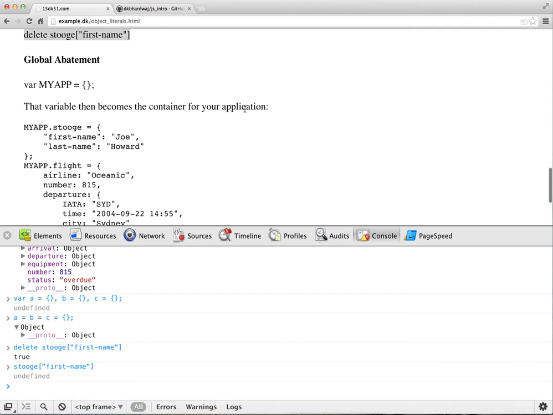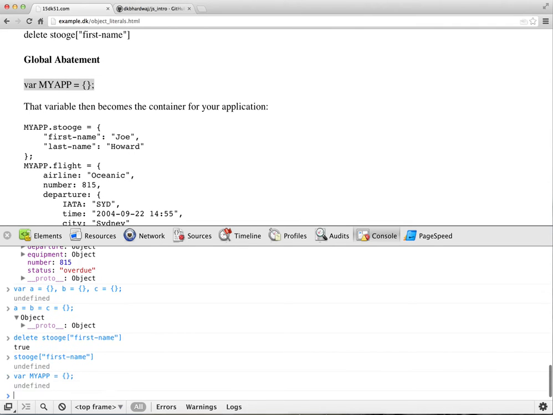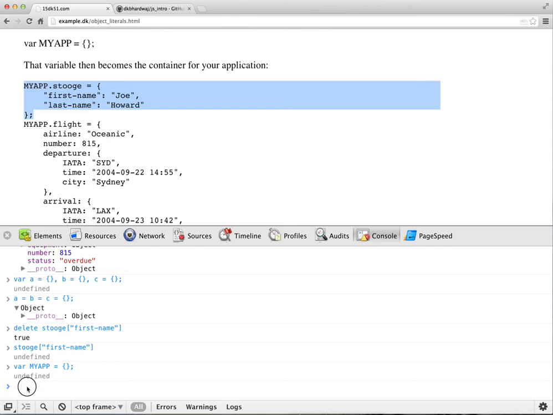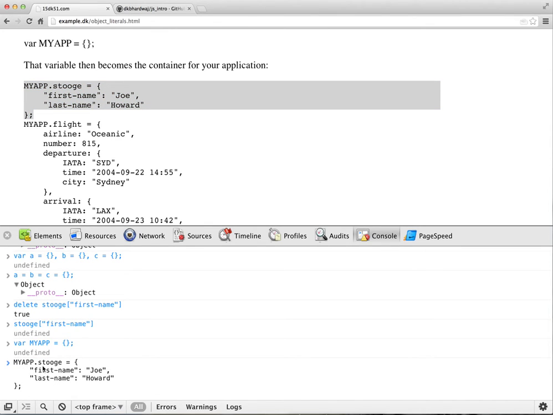So this is very important, that you create an object and assign all your variables to that, so that you do not conflict with other libraries. To give you an example, we are creating a myApp empty object and assigning all Stooge through myApp.stooge